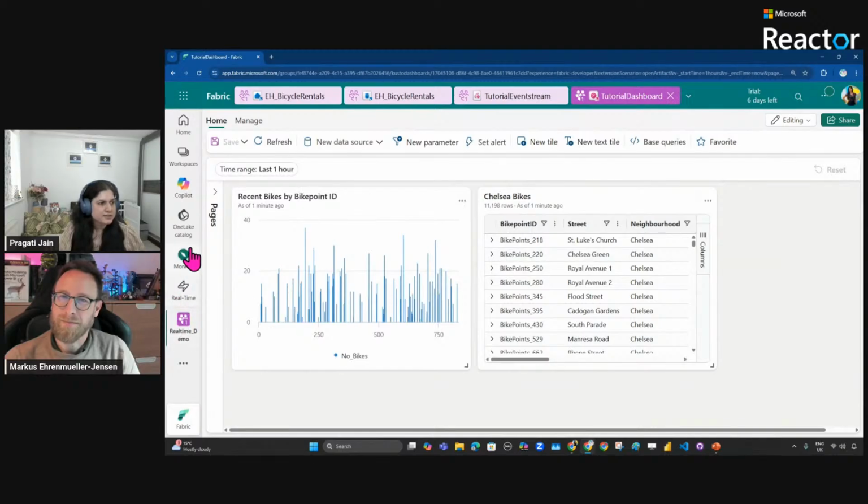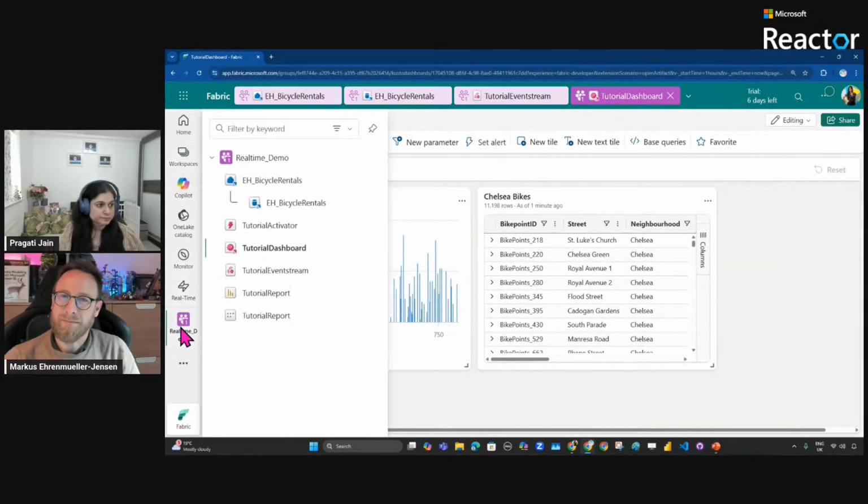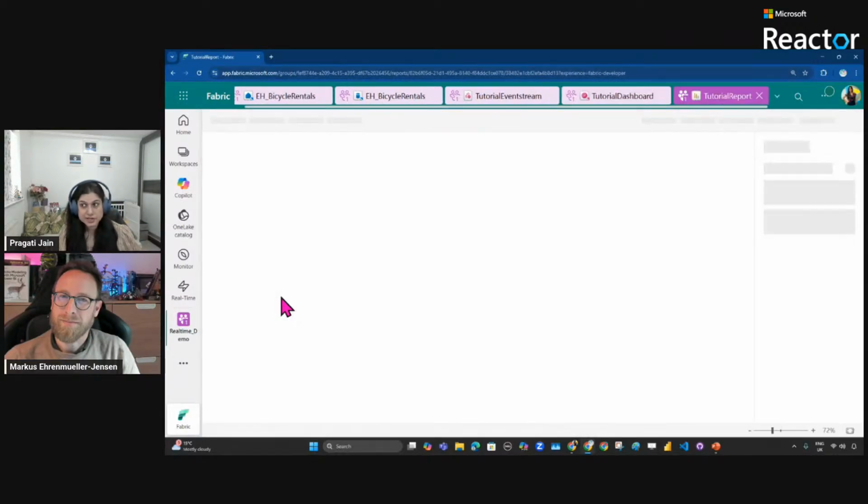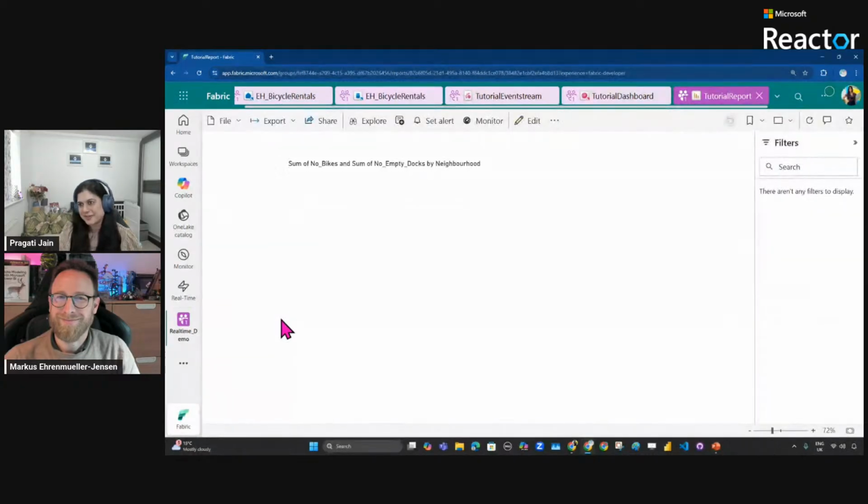And then the next thing is your Power BI report. You can create a Power BI report using your real-time data. Power BI is a component of the Fabric platform, and you can create those reports using a KQL database.